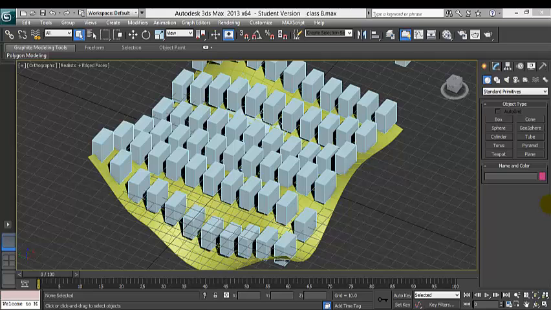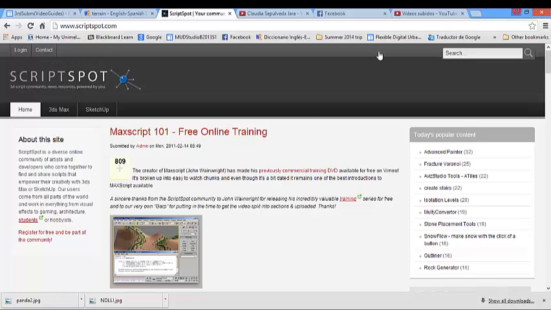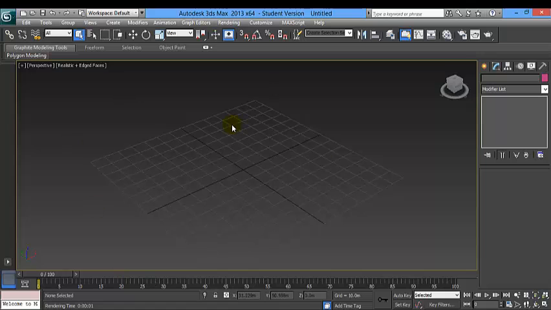Now we are going to explore how to glue some elements to a surface. It is a very easy tool but very useful as well. If you have a regular shape or an irregular shape, you can stick these shapes to your surface no matter which shape your terrain has. So to learn this, we are going to a new file in 3D Max.